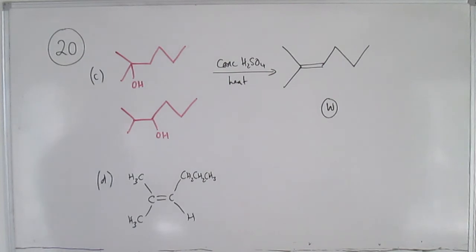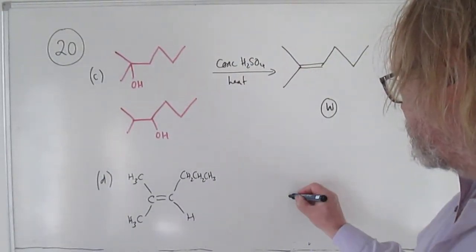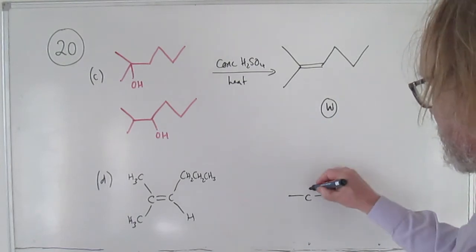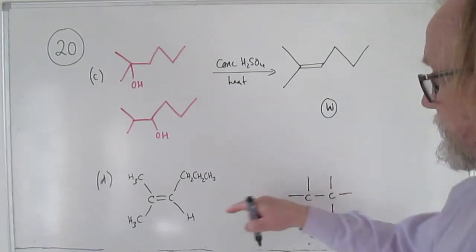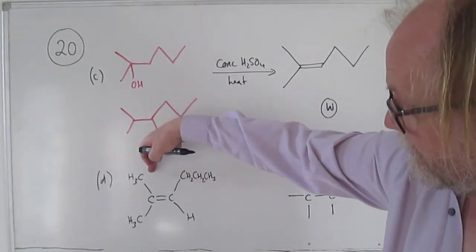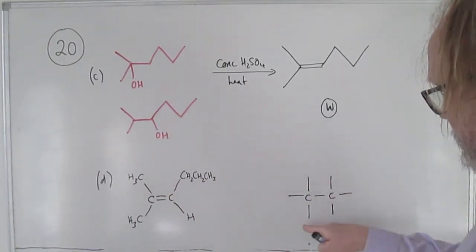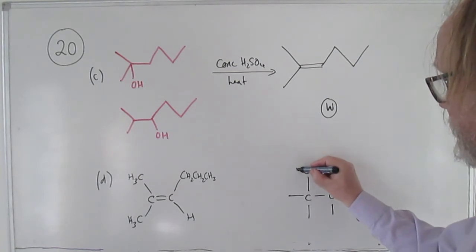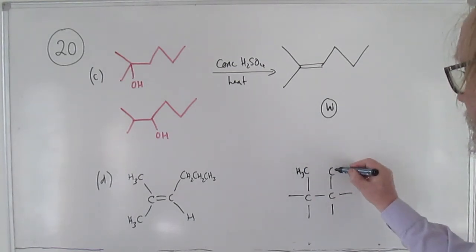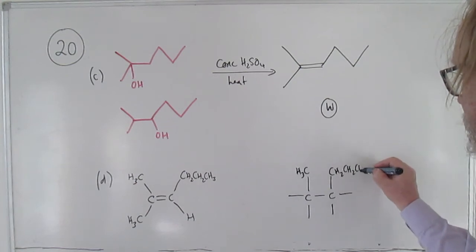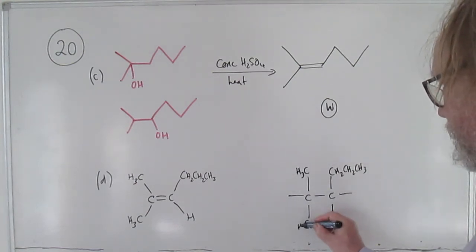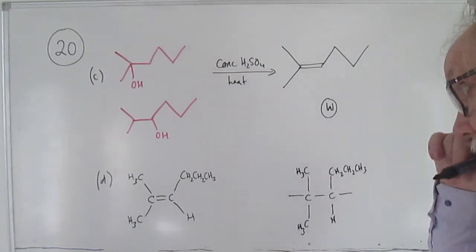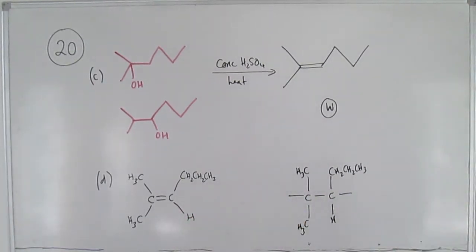The advantage of drawing it like that is that it's then very easy to draw the repeat unit of the polymer, because the repeat unit of the polymer, for any alkene, is arranged like that. So the same two carbons across the middle, and whatever's on the end of these four bonds is still there at the ends of those bonds in the repeat unit. So you have CH3, CH2, CH2, CH3, CH3, and hydrogen. So that's the monomer, that's the repeat unit, but what it actually asks for is an equation,